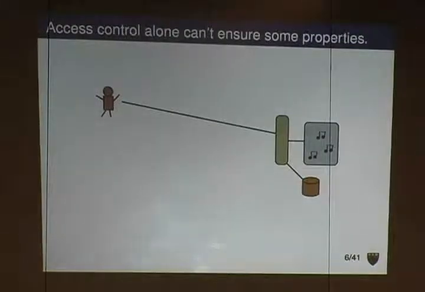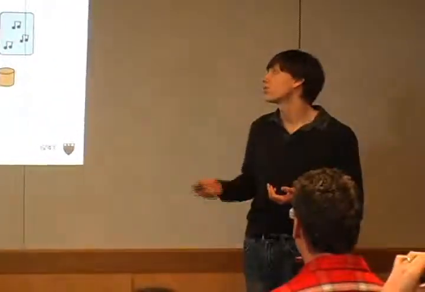Now, that's an overview of the beginning portion of my talk. And towards the end, I'm going to switch over. And instead of talking just about access control and audit, I want to tell you more about a confidentiality extension that I've been working on in Aura. And the reason we're interested in confidentiality is because access control doesn't give you all of the properties you might want in a secure system.